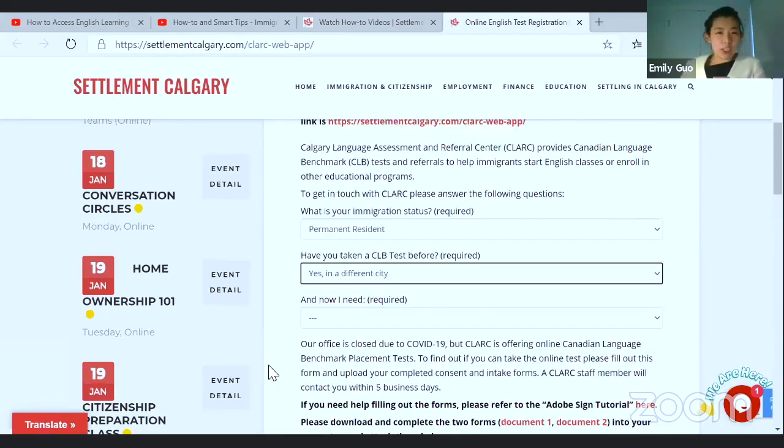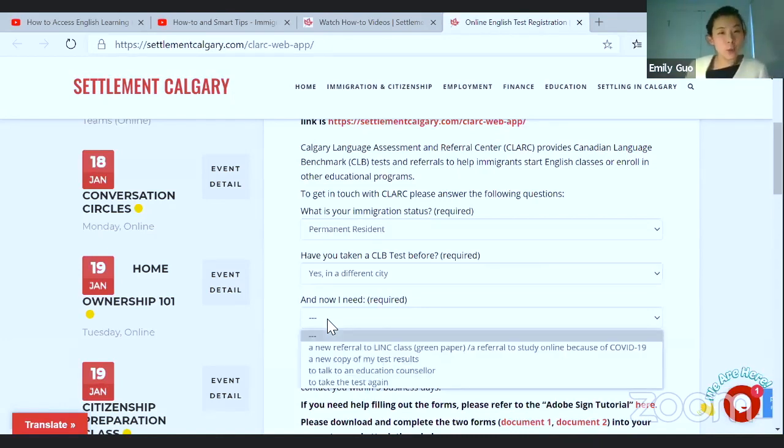All right, so that means once we have received the consent forms you attach along with this registration form, we're going to run our system and we will have a look.